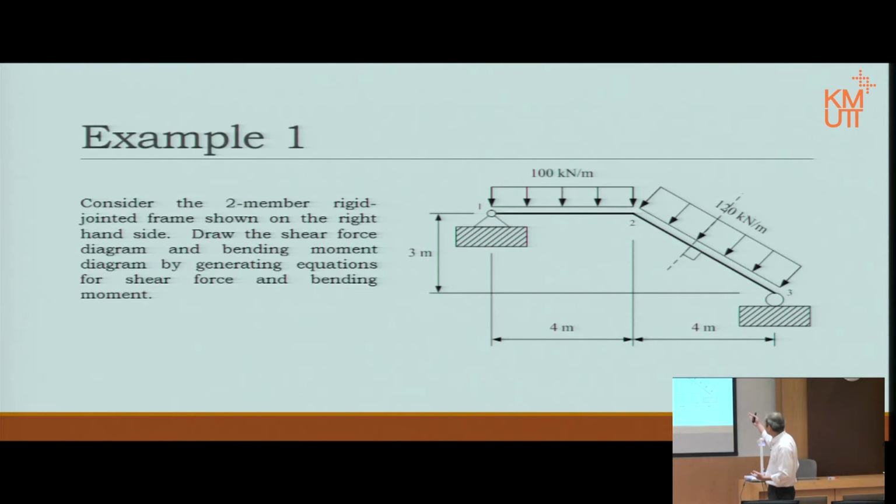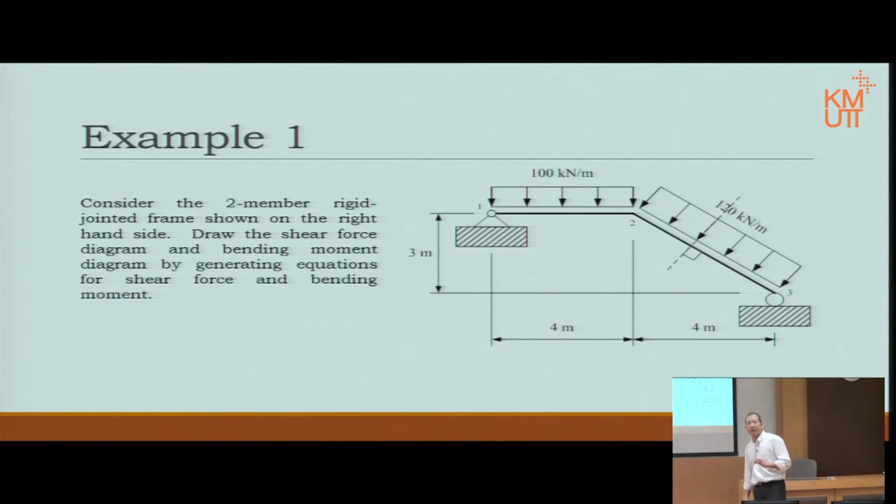Okay, let's start with example 1. This is a toy frame. It's only two members, just for exercise. Notice the force, 120 kilonewtons per meter. It is 90 degrees to the leg, 3, 2, or 3, 2, the same. Nevertheless, the question asks us to draw the shear force diagram and the bending moment diagram